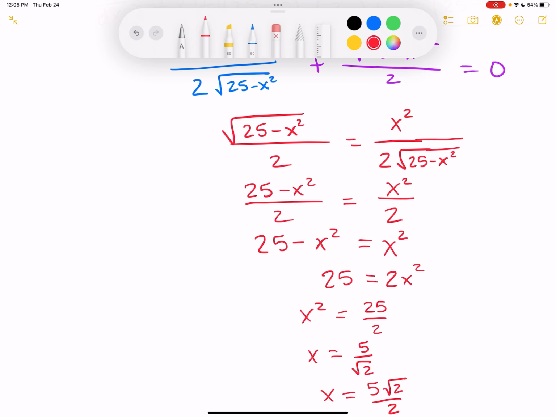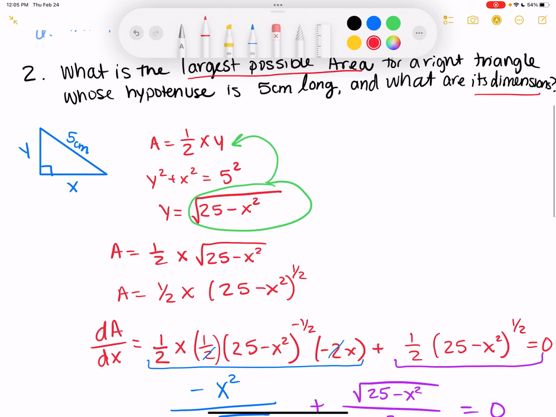Well, all right then. Now, due to the nature of how these problems work out and how we had x squared plus y squared is equal to 5 squared, okay,